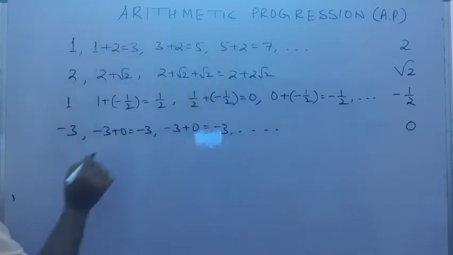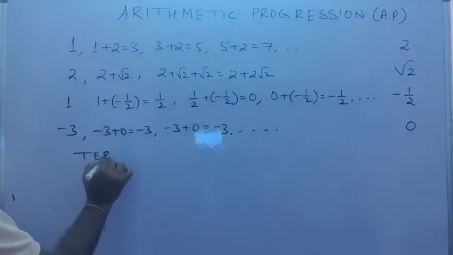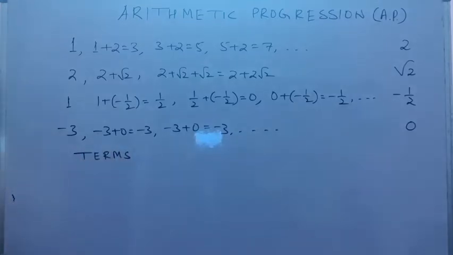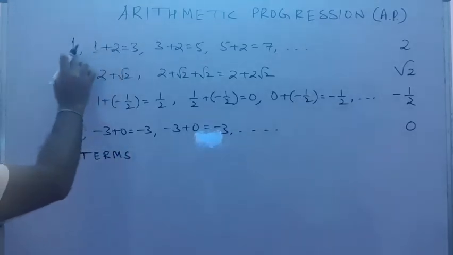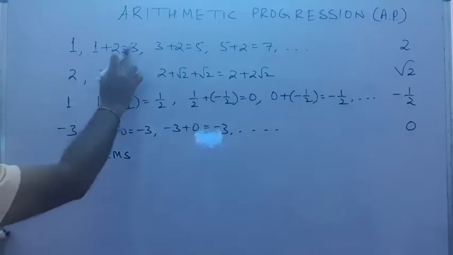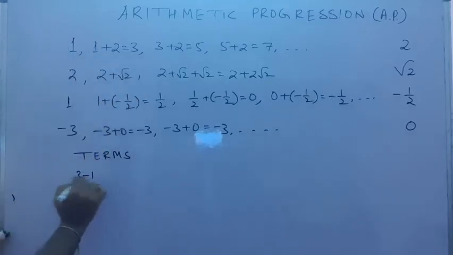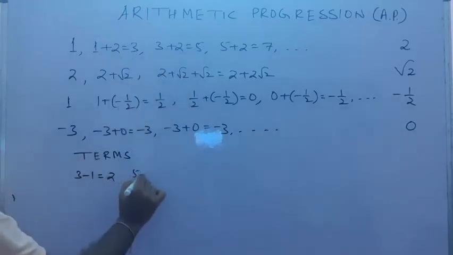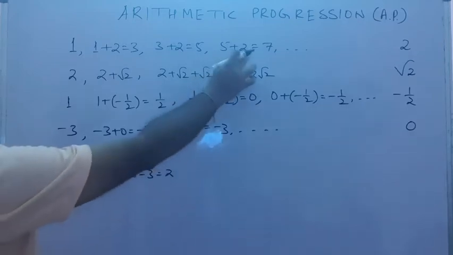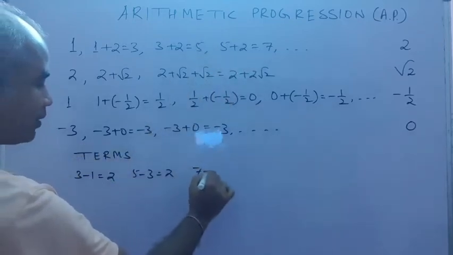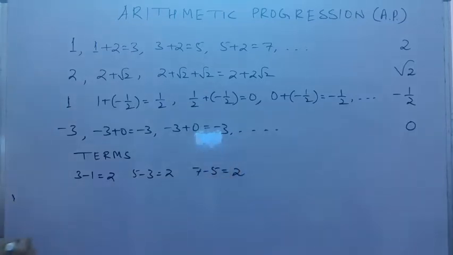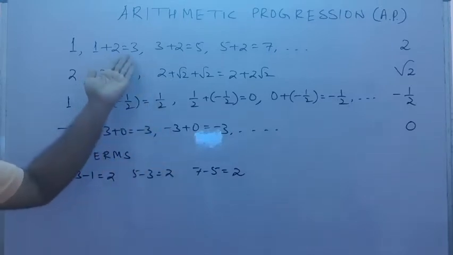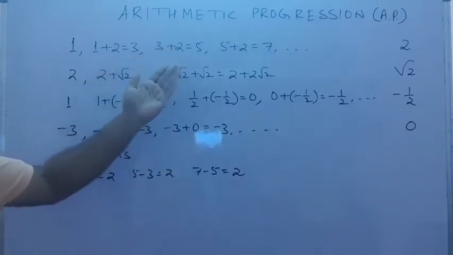Now here, if you see the first arithmetic progression, the numbers you write in an AP are called terms, terms of the AP. Here it is the second term, it is the first term. What is the difference of the second and first term? 3 minus 1, that is 2. The difference of the third and second term? 5 minus 3, it is also 2. The difference of the fourth and third term? 7 minus 5, it is also 2. The difference is the same. Of course the difference will be the same, because you are adding the same constant to get the next number. Yes or no? So the difference is the same.